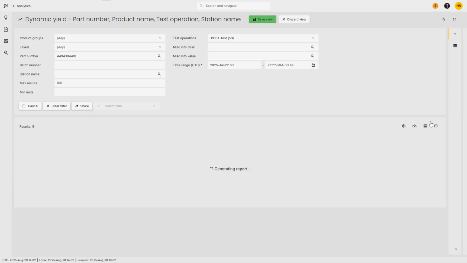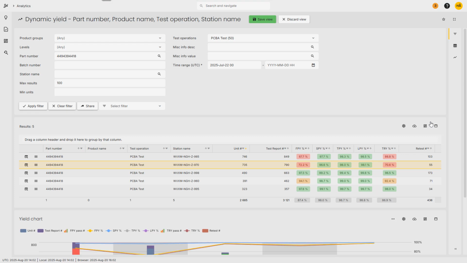Clicking on the suggestion automatically opens a customized dynamic yield report with the relevant filters applied and the right columns added. So you can immediately see that one of the stations is indeed performing significantly worse than the others. And just like that, without having to set up anything manually or dig through data, you've uncovered a potential root cause, or at the very least found a clear starting point for deeper investigation into one of our most impactful